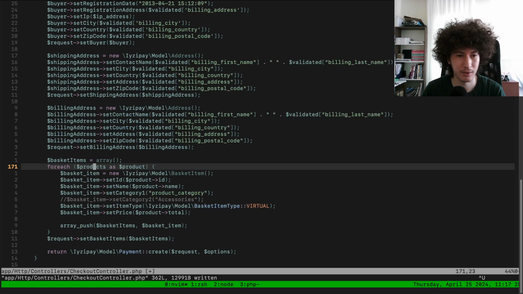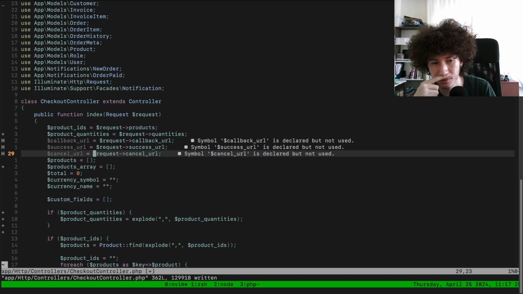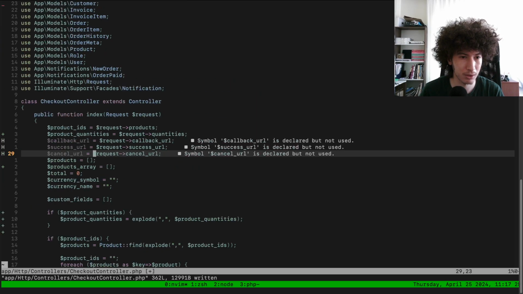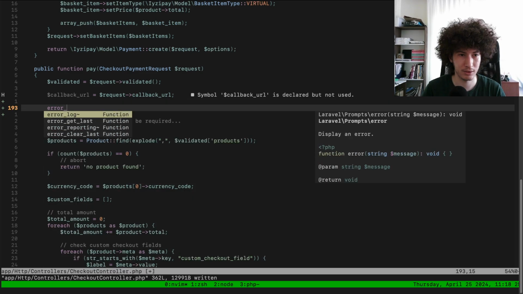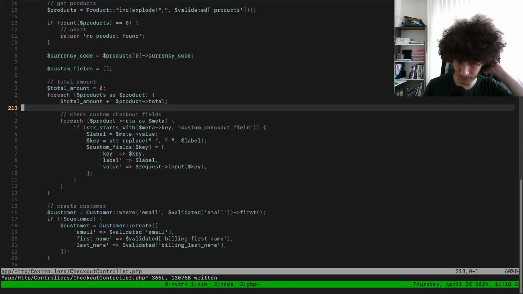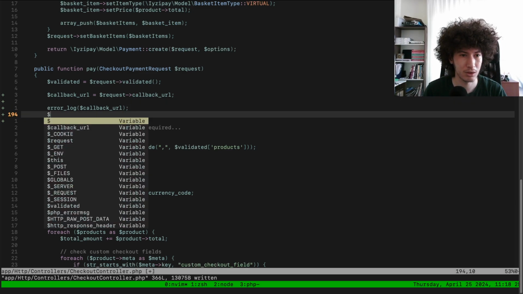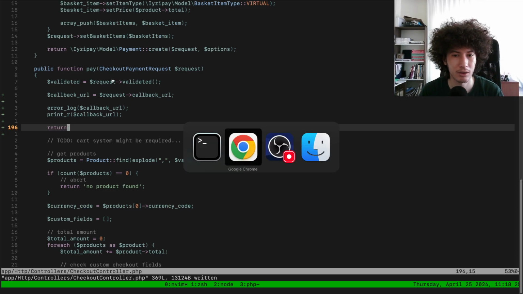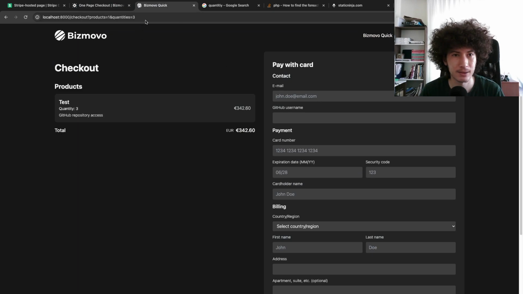Callback URL. But how can I access those? It will be a post request. I think from the view I have to pass those to the form. Okay, let's try to get the callback and just log it to the console, because I'm not sure if it's going to work. Or just print and return, do nothing. Yeah, I think we can also just skip the validation for now. And we don't have callback, so